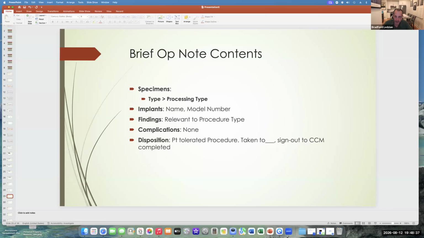If you're doing a bypass and you interrogate the grafts, you want to make sure that you document that there's flow in the grafts, right? If you're doing something like a transplant, you want to make sure that you document that there's no tricuspid valve regurgitation at the end. If you're doing a total artificial heart, or lung transplant, you want to document that the pulmonary veins are patent. If you're doing a VAD or an implantable cardiac device, you want to make sure that there's no AI, right?